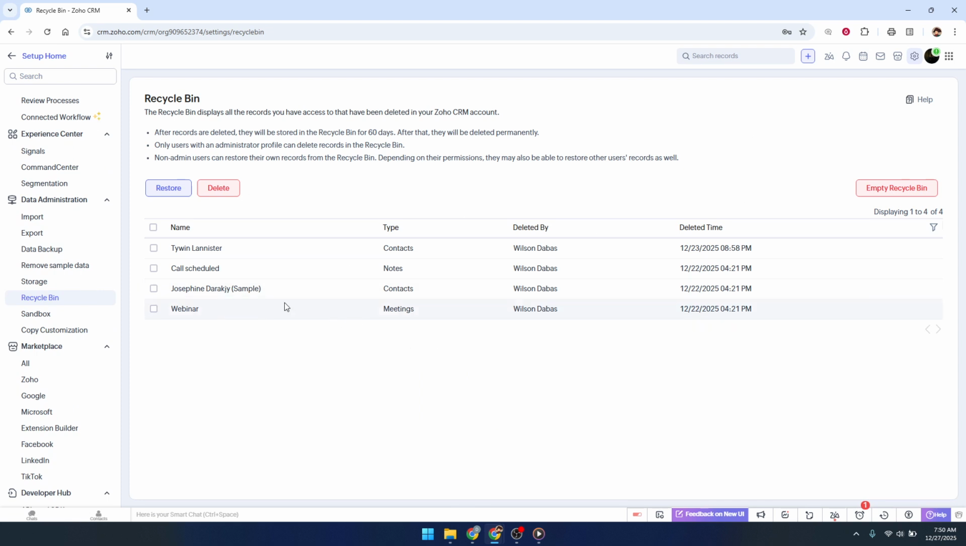Here, you'll see a list of records that were previously deleted from different modules. You can often filter or sort this list if you need to review specific items. If there's anything you think you might still need, this is your chance to restore it before it's gone for good. Take a brief moment to scan through, especially if multiple users have access to your CRM and might have